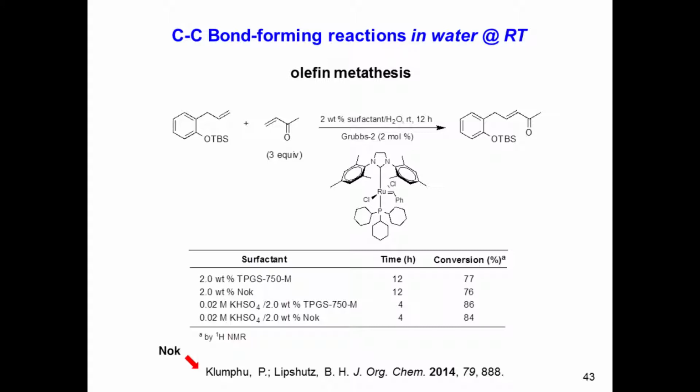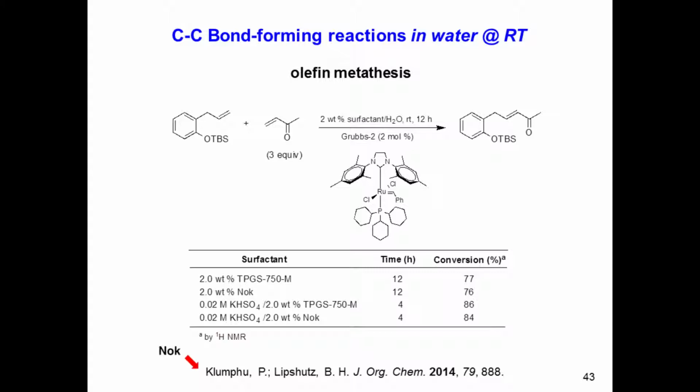Carbon-carbon bond-forming reactions also apply, for example, to making olefins using olefin metathesis. And I chose this example here because, number one, it involves MVK, methyl vinyl ketone, which as a type 2 olefin is pretty challenging to get to do this cross-metathesis. But we're able to do that not anymore in chlorinated solvents, but in water at room temperature using the standard